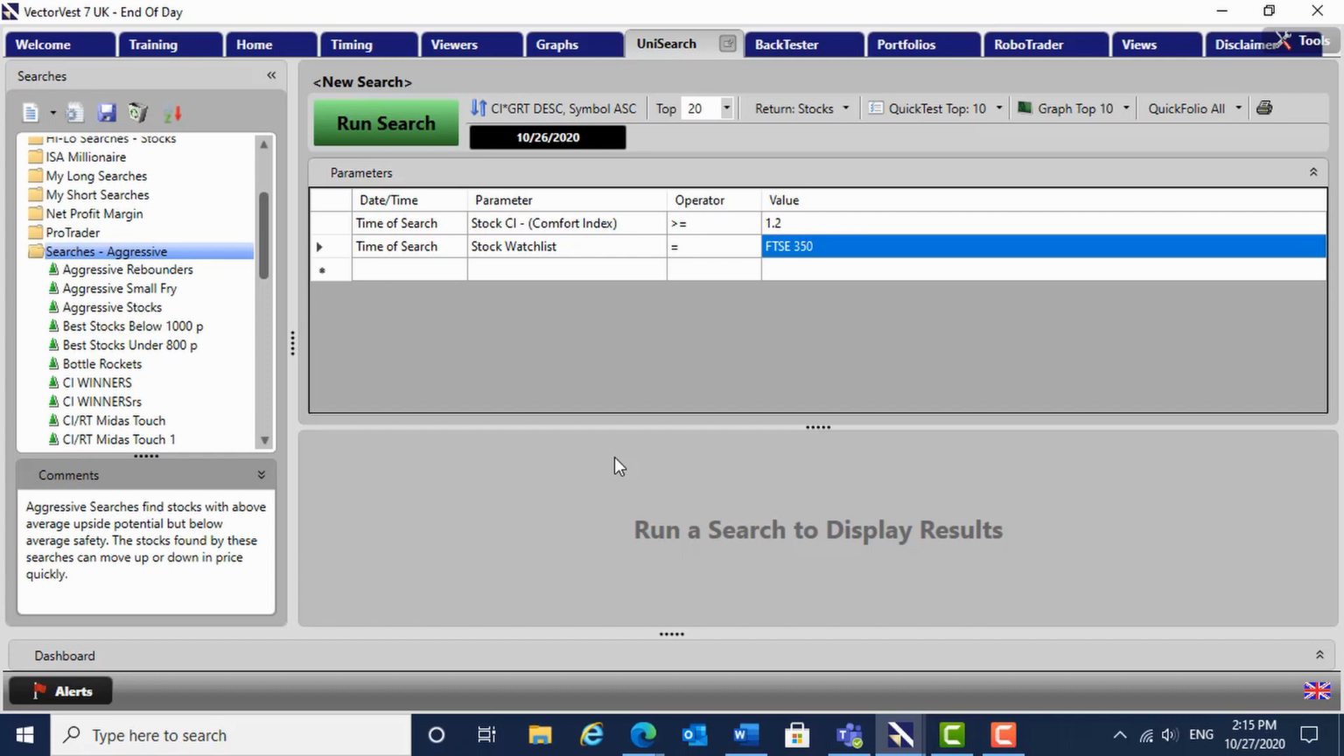Not the only place to look. I certainly look at the top 20 stocks by VST as well. And there are many other searches that all the other guys at VectorVest have spoken about, but that's a good place to start. Now, one of the problems we have in the UK is that for some reason CI times GRT is a standard function in the US, but it's not in the UK, so somebody's forgotten to put it in. So as an exercise we have to build this, and to do that you go to Tools